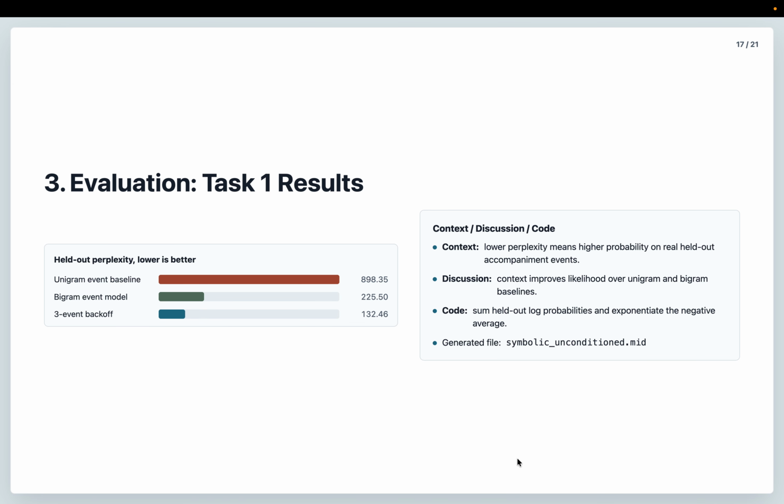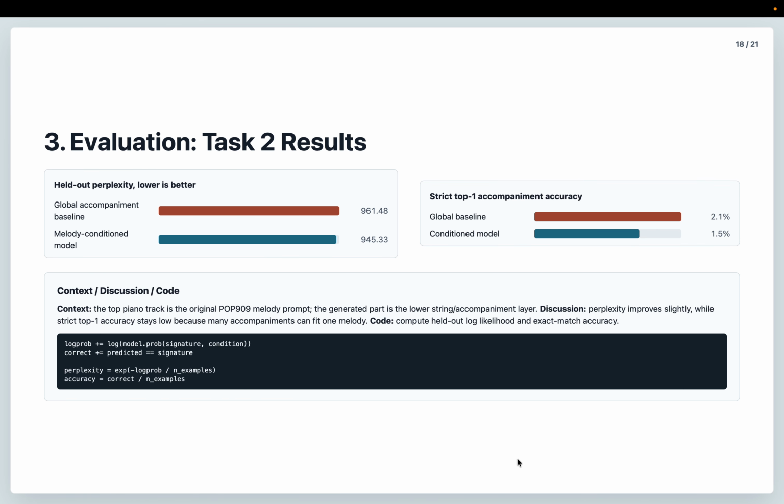The code computes this result by summing log probabilities on held-out events and exponentiating the negative average. The musical interpretation is that accompaniment has short-range structure. Once we know the recent chord shape and rhythm, the next event is much less random than a unigram model assumes. For task 2, the condition model improves held-out perplexity from